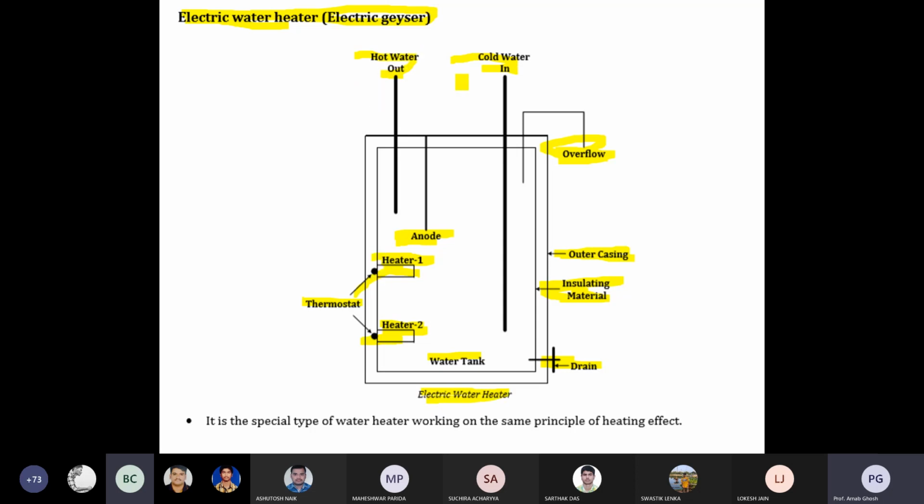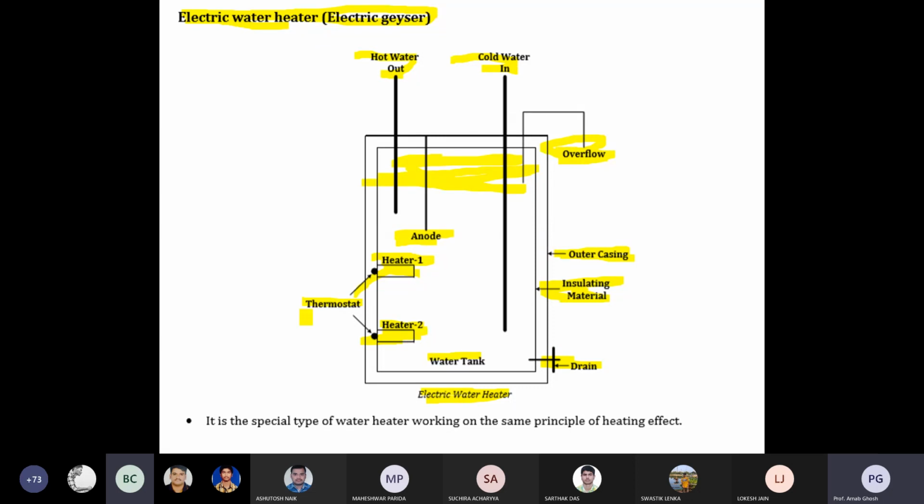So when water is taken in, the cold water gets heated and becomes hot water. Automatically the water will have lesser density, so it will float over there. Okay, the hot water is in the top positions, and the cold water is in the bottom positions. Now what happens? Heater 2 will be turned on, and heater 1 as well, both are there, both with